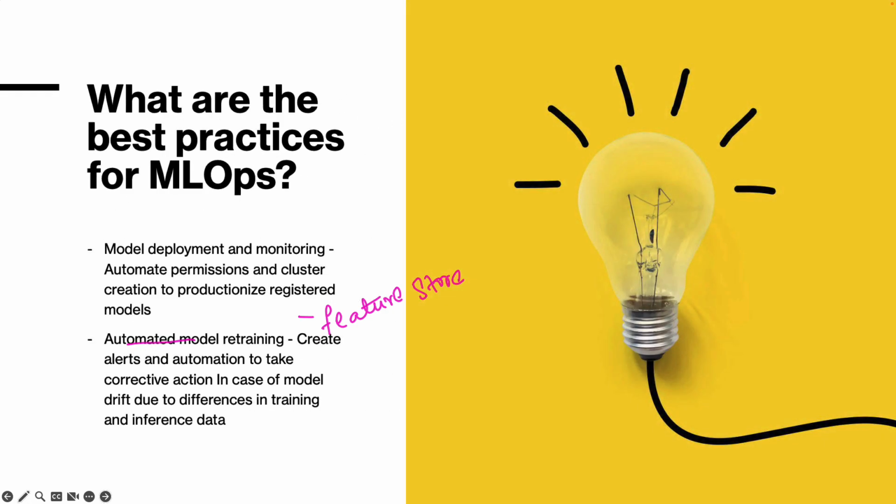And then lastly, we've got model deployment and monitoring. Here we will automate the permission and the cluster creation whenever we want to productionalize the registered models, and automatic model retraining. So we'll create a model retrain pipeline where we'll create the alerts, and we'll also create an automation to take corrective action in case of model drift due to the differences in the training and the inference data. So these are the core components that we would generally have whenever we are working with MLOps on real-time